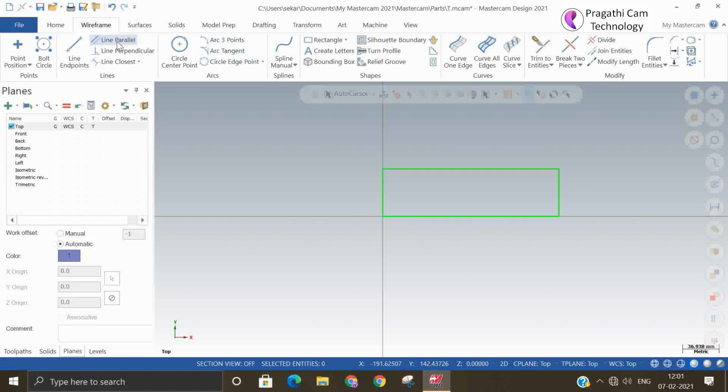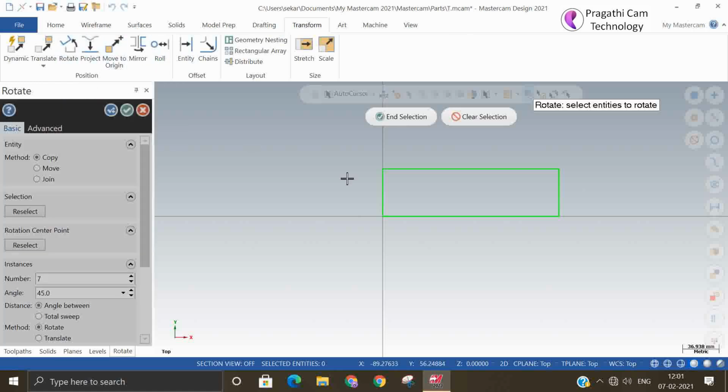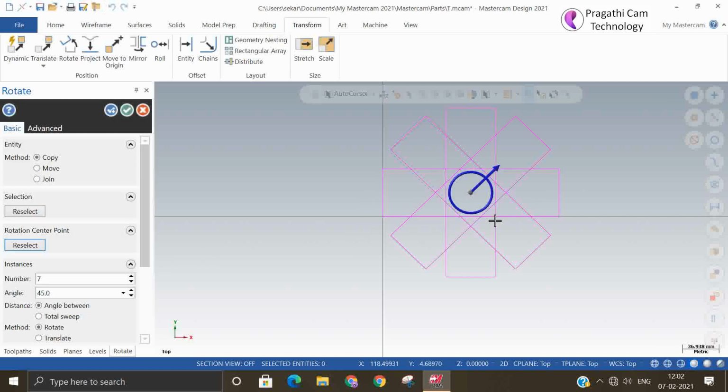If you want to rotate, transform, rotate, you select this. So rotation point I don't want from the edge origin. Suppose rotation point you want in center also. So you can switch over the center of rotation and then you can rotate.